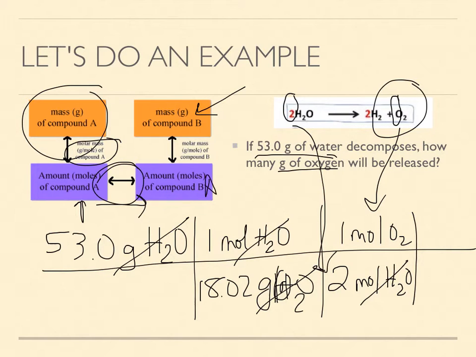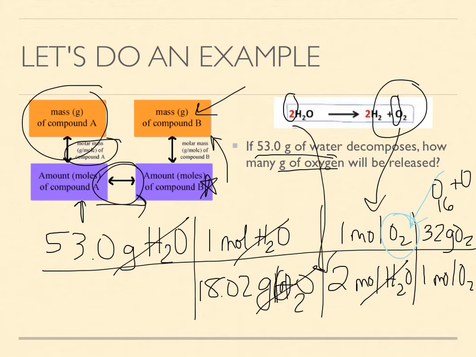So now we're here, and we need to get to here. Well, the thing that we do now is go back to the periodic table, look at the molar mass of oxygen. However, don't get tricked. This molecule is not just 1 oxygen, it is 2 together. So for every 1 mole of O2, you actually have 32 grams of O2 because 1 oxygen plus another oxygen is 16 plus 16. So be careful about that. So if we plug that into our calculator and round to sig figs, we would get an answer of 47.1